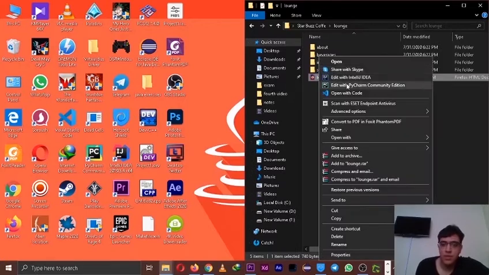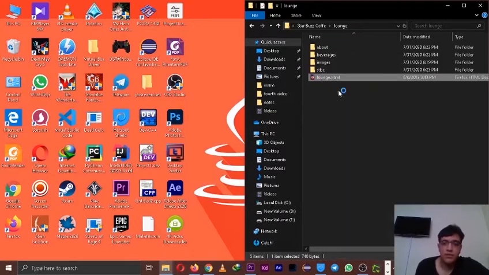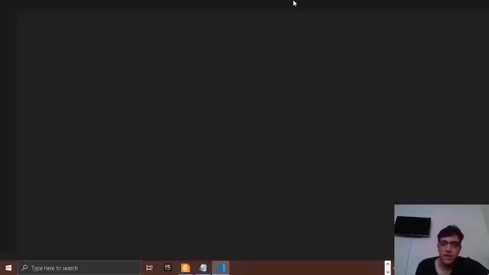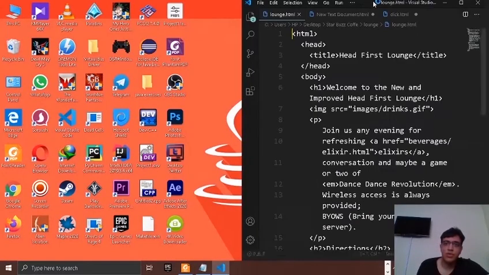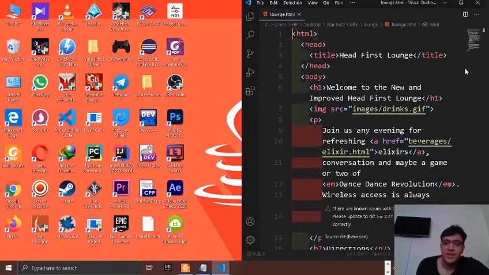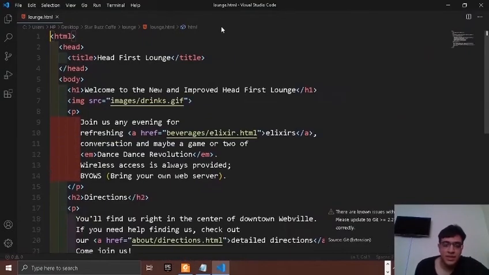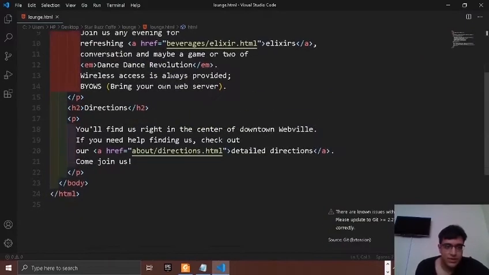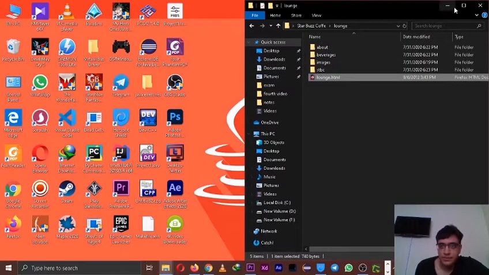Let's first open the file. I made this before while I was reading this book myself, so let's just open this up and see what the code looks like, so we can get a general idea of how it's structured and what it looks like. Right, so here we are. This is what the page looks like, as you can see right here. We could also